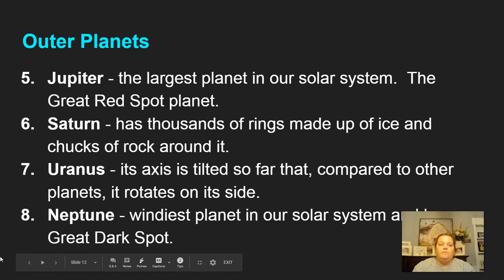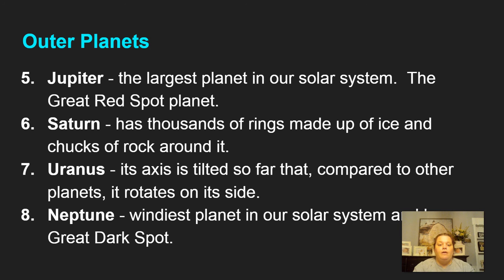The outer planets, which are also known as gas giants, you have Jupiter. Jupiter is known as the planet with the great big red spot. That's just basically a big storm that's been going on for centuries. Saturn, most people equate Saturn with the rings, but it's not the only planet with rings, actually. But it's made up of thousands of little rings on the outside that's made up of ice and chunks of